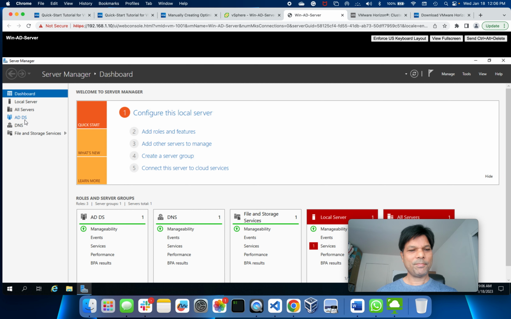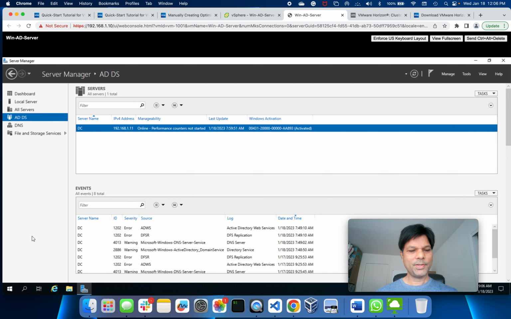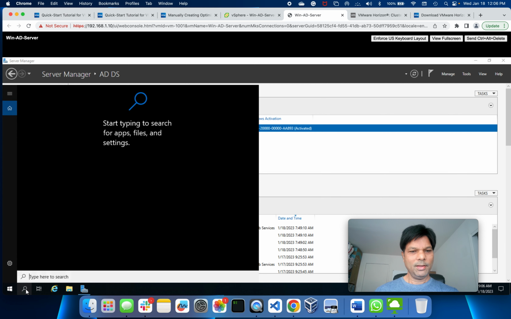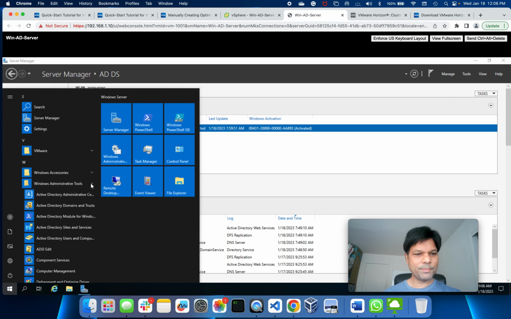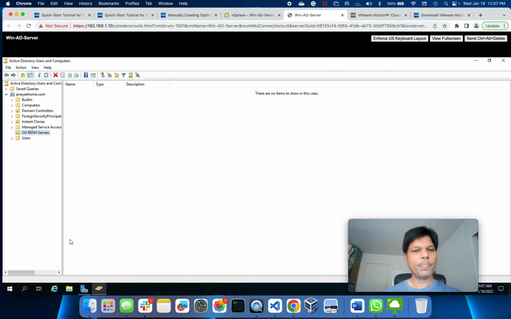Okay, so this is the DNS and this is the AD server you see you're running. And here if you go to the administrative tools, Active Directory domain, Active Directory administrator, sites and services, Active Directory user and computers. Click here and you see, go to users